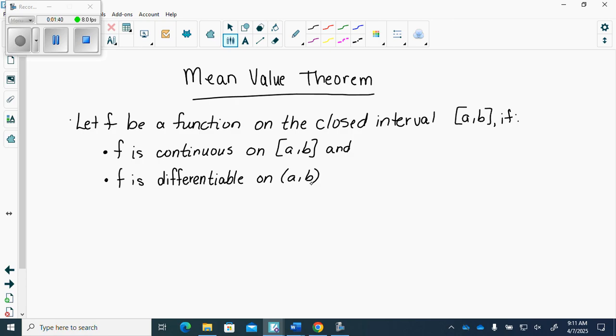And the reason why we have rounded brackets is if you actually went to those endpoints and found the derivative of them, they'd be horizontal tangents, right? Or they could be vertical. So we only do the rounded part. Then there is at least one number c, I don't know why they use c's, but they do, in the open interval a, b,